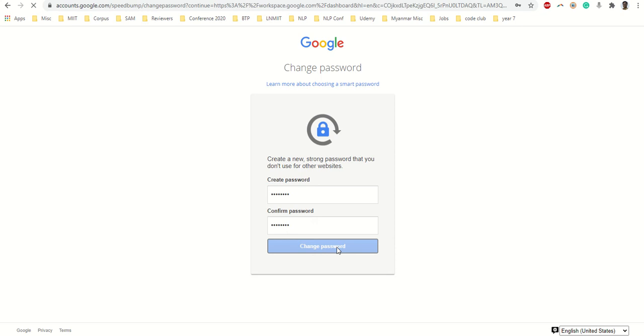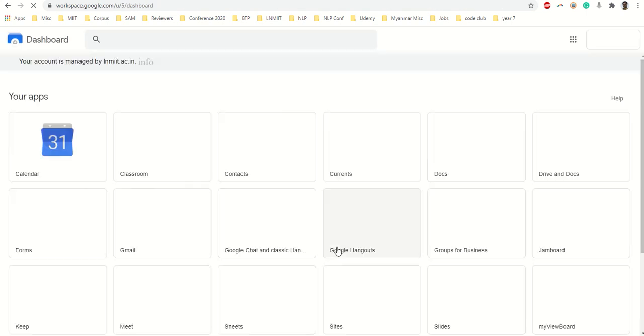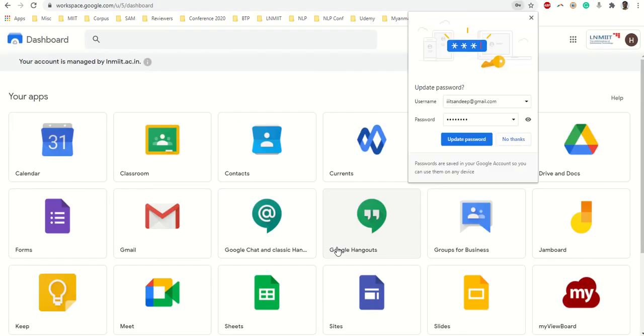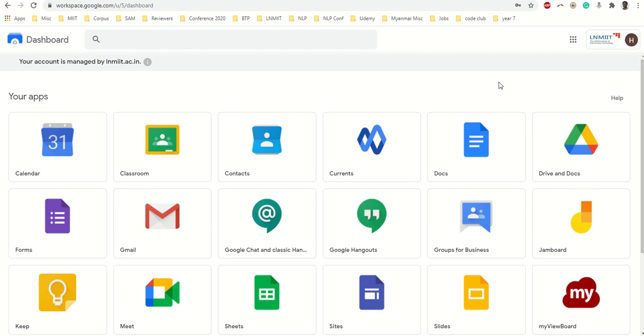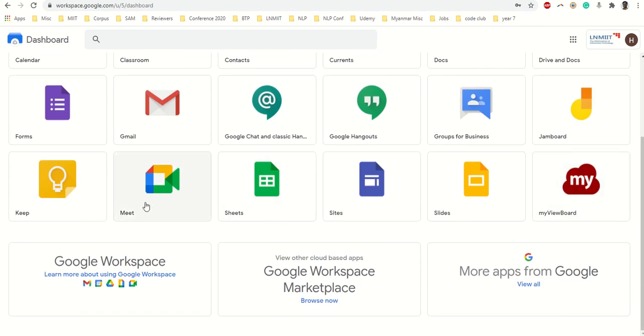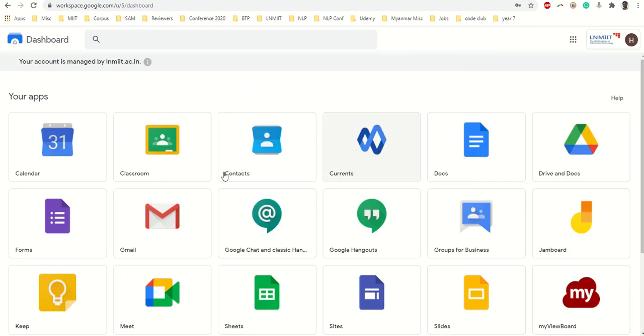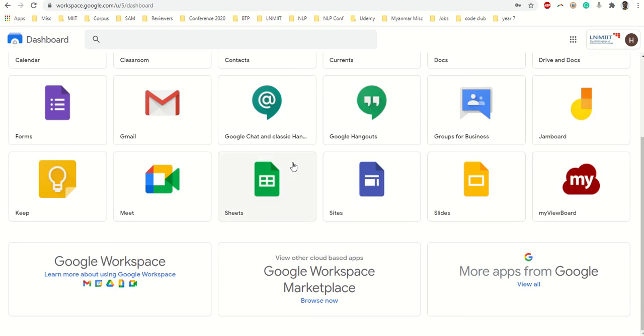So it's a pretty easy thing, and just like most of you would have used Gmail, everything will be same as your Gmail, but in addition to that you will get a lot of different things. So these are all the features that you get in addition to your Gmail, and we'll be using a lot of them. So these are the apps that are associated with our Gmail ID which is given to us.